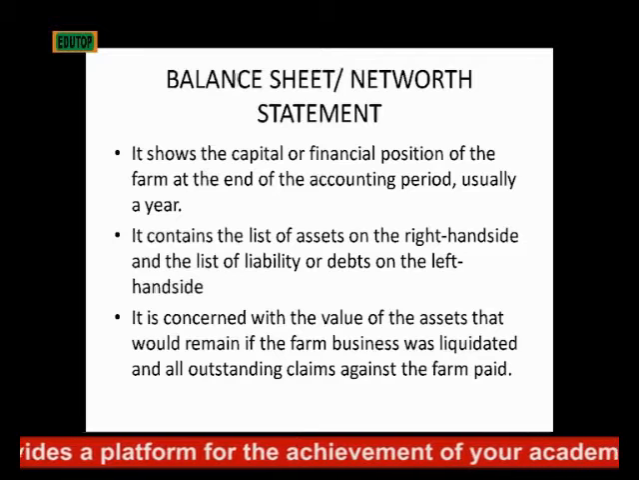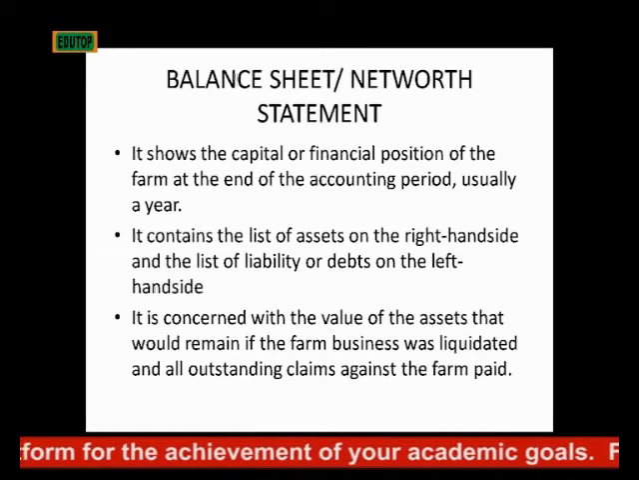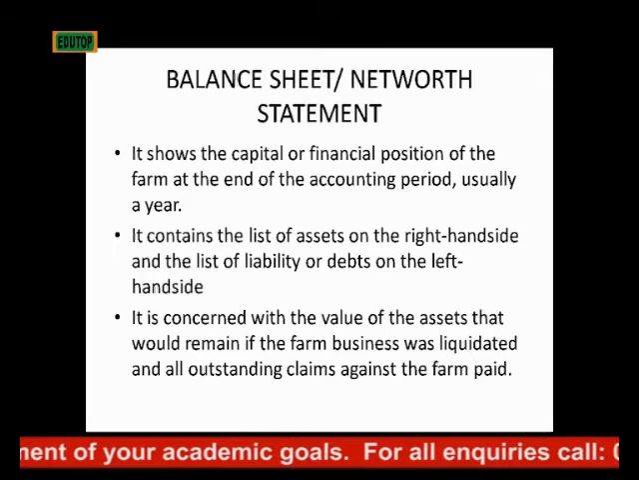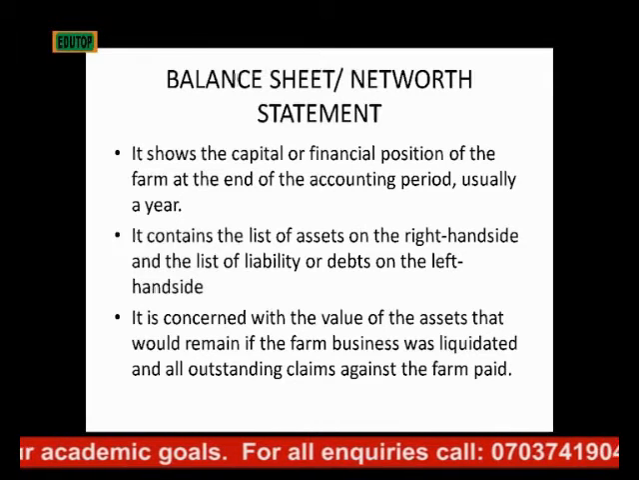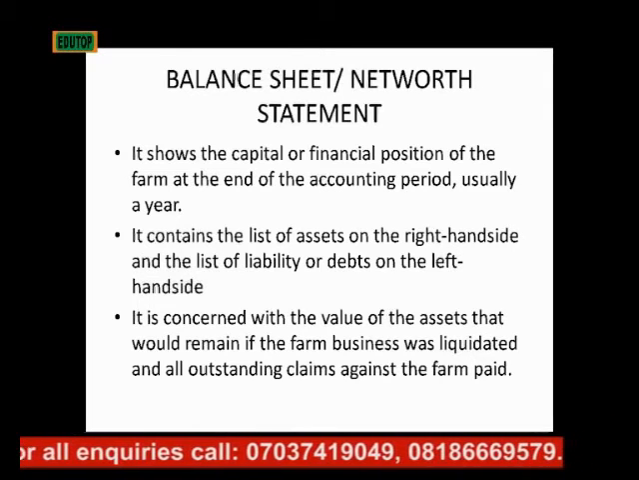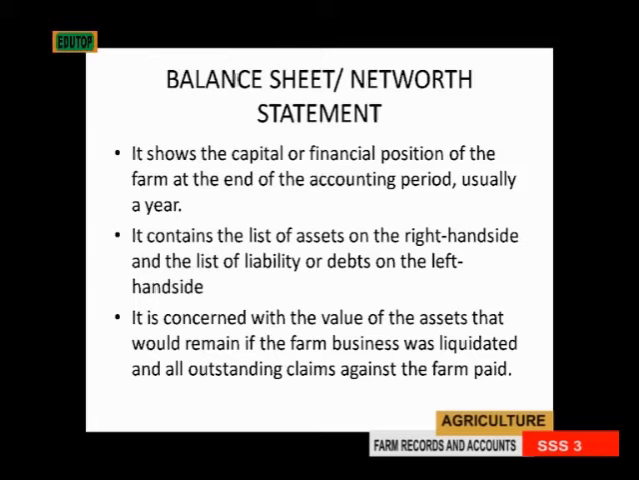Then the balance sheet also contains the list of assets on the right side, the list of liabilities on the left hand side. It is concerned with the value of assets that will remain if the farm business was liquidated and all outstanding claims against the farm paid. That is, for instance, let's say we want to close down a farm and the farm wants to settle everybody